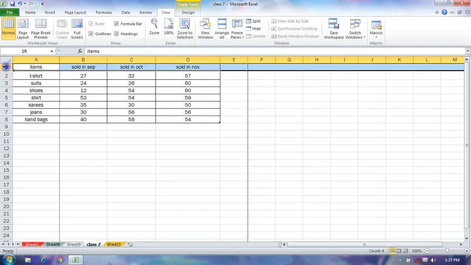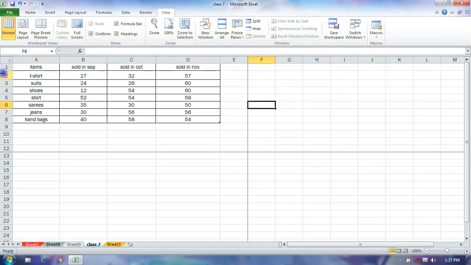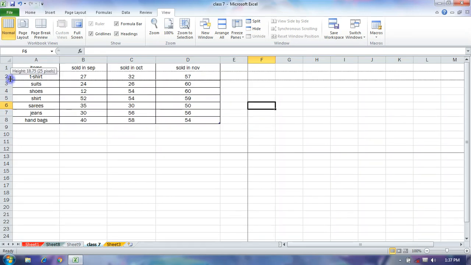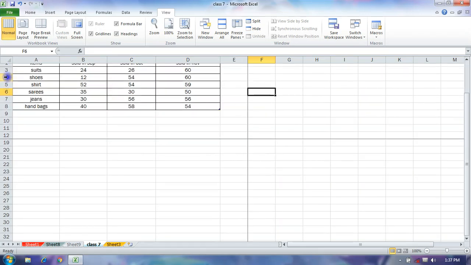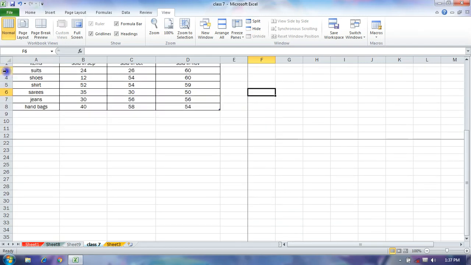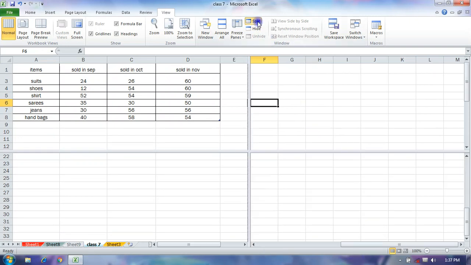Okay, so this is a pane. Split splits your MS Excel window into parts.